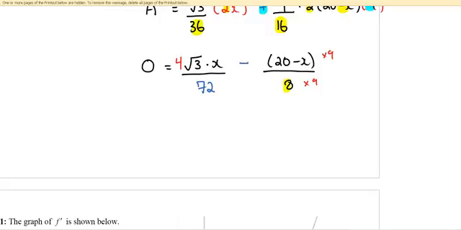So this is going to be 4 times root 3 times x, and 8 times 9 is going to be 72 as well. And then I'm going to put the 9 out in front here and just delete this 9 there. Okay, so now I have a common denominator, and let's go ahead and put this all together now. Now if I erase all this,